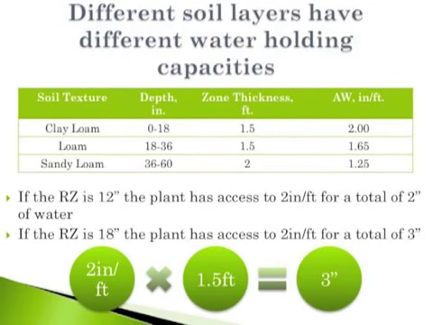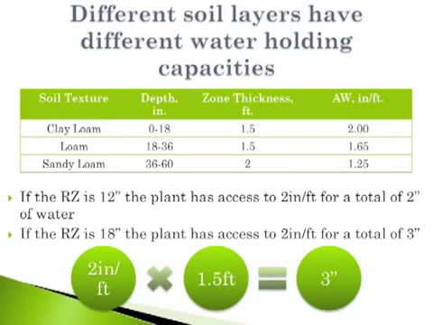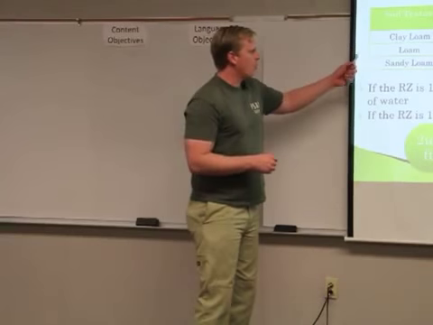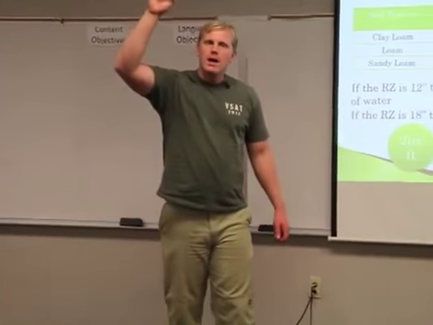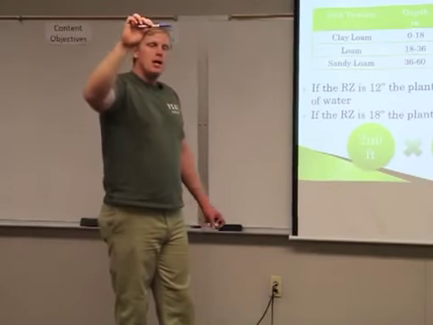And that's what it's saying here where it says zone thickness 1.5. That's equal to the 18 inches. And in this case, that clay loam soil has an available water capacity of 2 inches per foot. All right. And then the loam soil starts below the clay loam, so it starts 18 inches down, and it